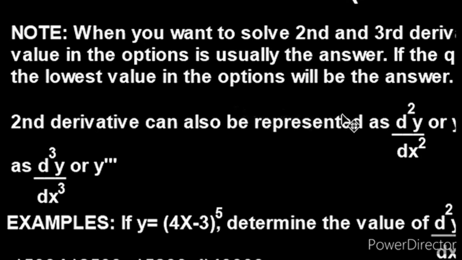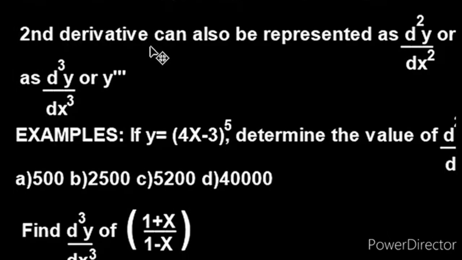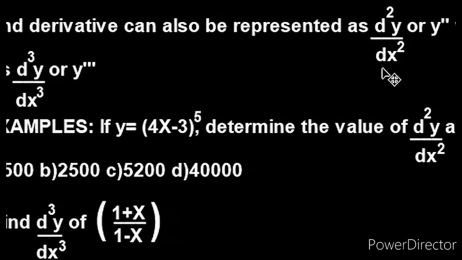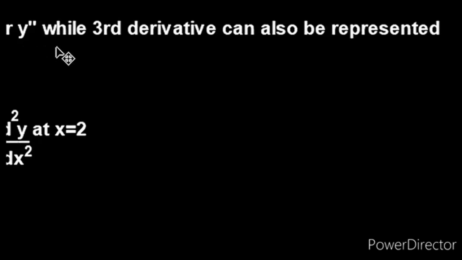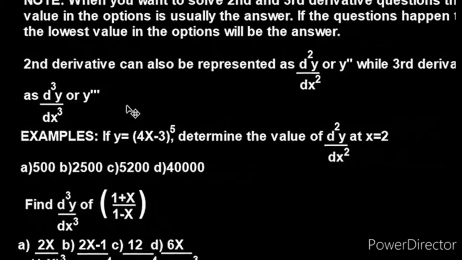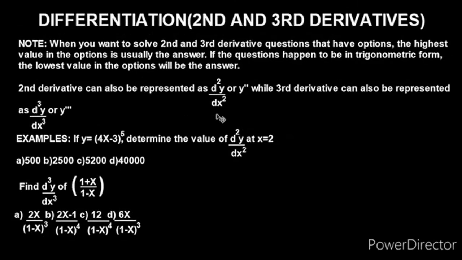Another key point. So take note of these two points here. Now note again that the second derivative can also be represented as d²y/dx² or y double prime. The third derivative can also be represented as d³y/dx³ or y triple prime. Very, very important, because the examiner may choose to use this term, d²y/dx² or y double prime,